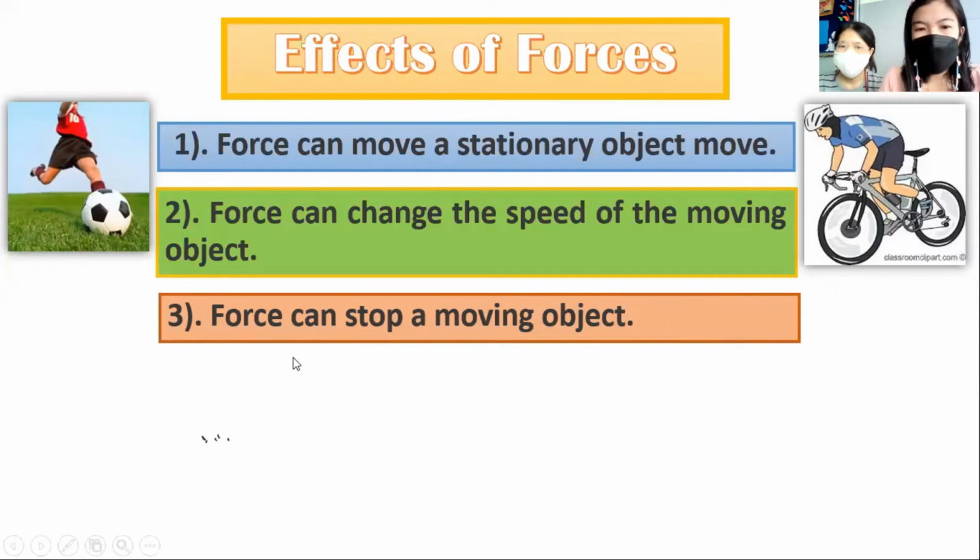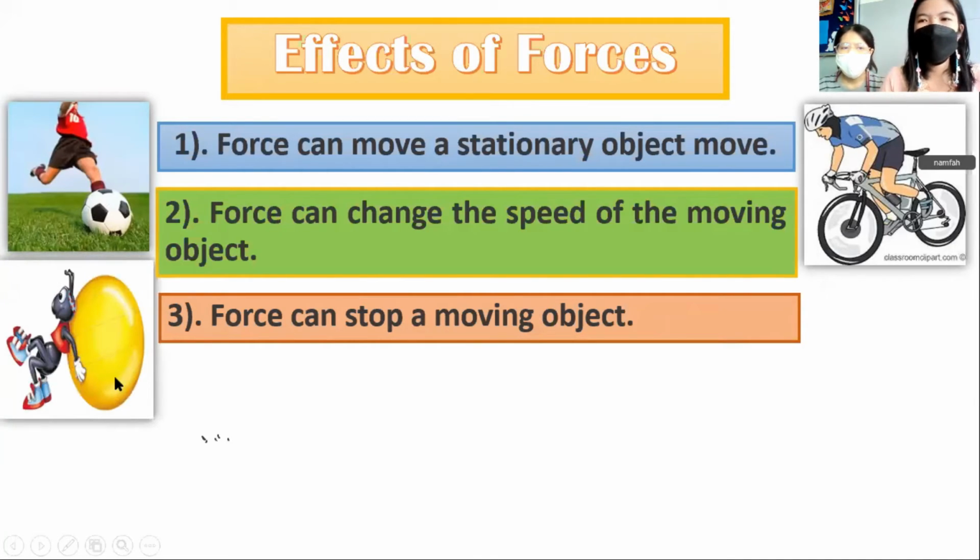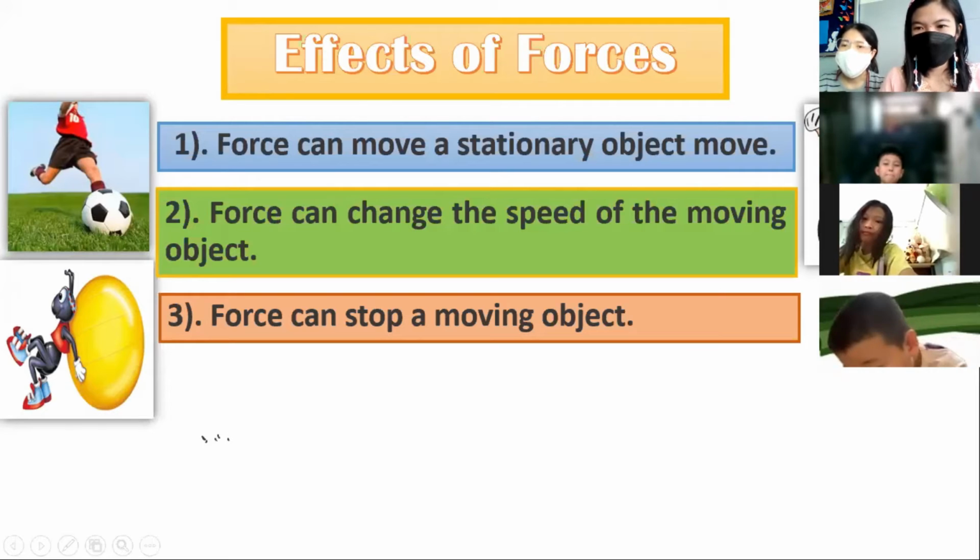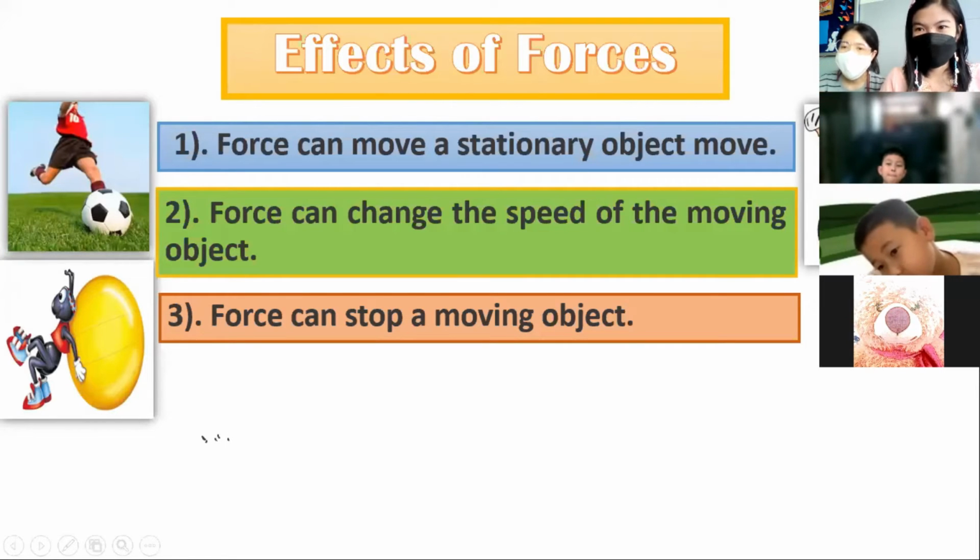Okay, now let's have number three. Number three, a force can stop a moving object. This time the moving object we can stop by using a force. For example, we have here a rolling ball. The ant here is trying to stop the rolling ball. So therefore, when we use a force, we can stop an object. มาลำดับที่สาม stop moving object อย่างในรูปก็คือมีลูกบอลกิ้งมาแล้วคราวนี้เจ้ามดก็ทำการหยุดลูกบอลก็คือแรงเนี่ยสามารถทำให้วัตถุหยุดการเคลื่อนที่ก็ได้